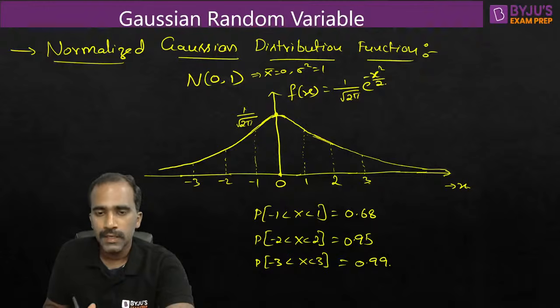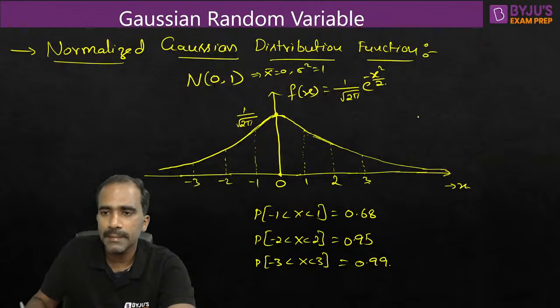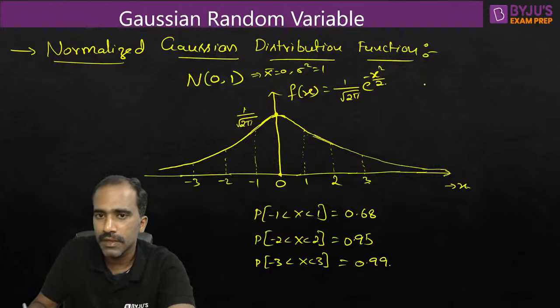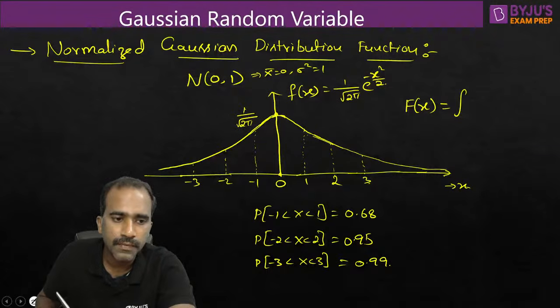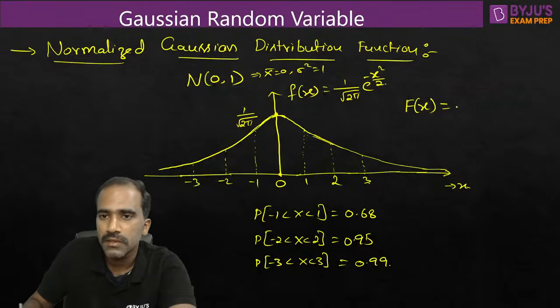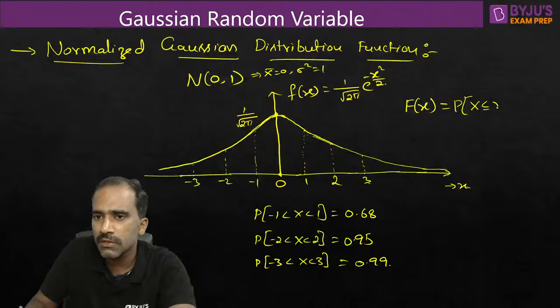Okay, right. So in this, let me define what is the Q function here. Q function or F function means the CDF function based on this. How do we write it? Let me first write the definition of the CDF function. The meaning of this is P, the probability that the random variable X takes a value less than or equal to small x. If this is x naught here. So capital F of x represents the CDF function.